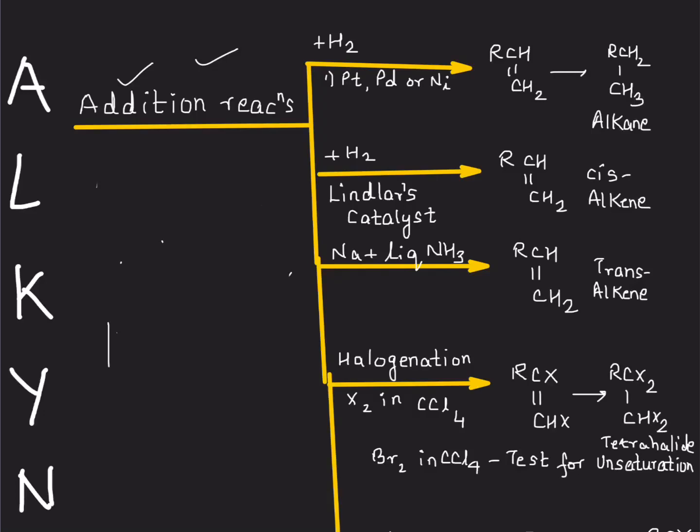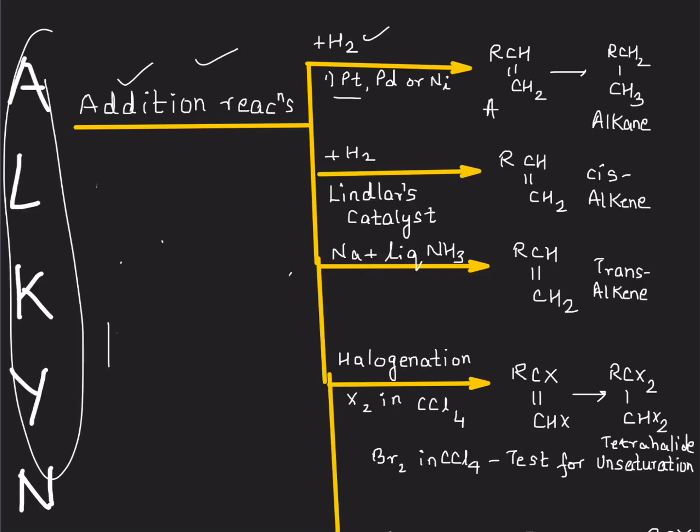Now while using this flow chart, most of the reactions will be written by you. If you notice, on the left hand side I've got the alkynes written. The first set of reactions is addition reactions. Three possibilities in the addition reactions. You add hydrogen in the presence of platinum, palladium or nickel. You know the temperature conditions, please mention those. In the first step you get an alkene, and since you have hydrogen gas, the process does not stop at alkene and goes on till alkane. So the product of alkyne addition of hydrogen is an alkane.